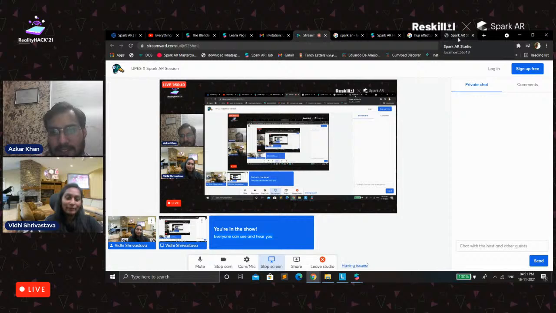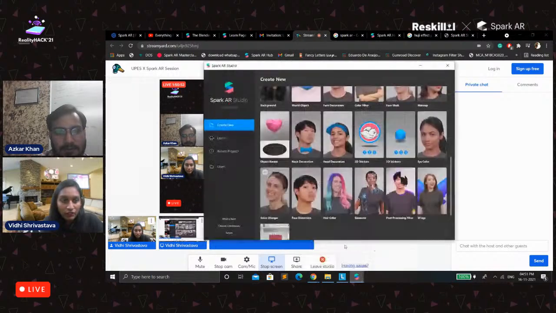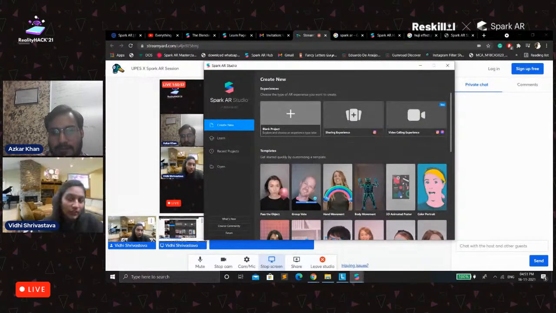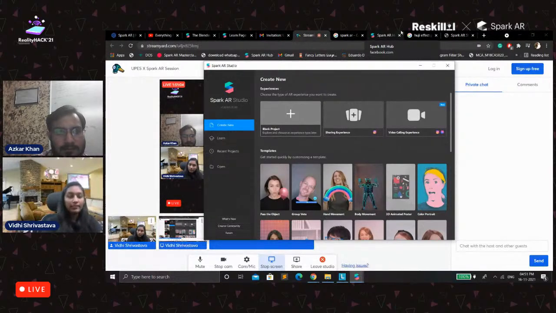So there's one question from Chetani. Is there a way where I can use effects and plugins from AR effects in Spark Studio? Yes. We have plugins here in Spark AR Studio itself. For example, if we open the blank project, we have the plugin, so you can directly connect your devices. If you don't want the effect to directly come on your device, you can connect it to the PC.